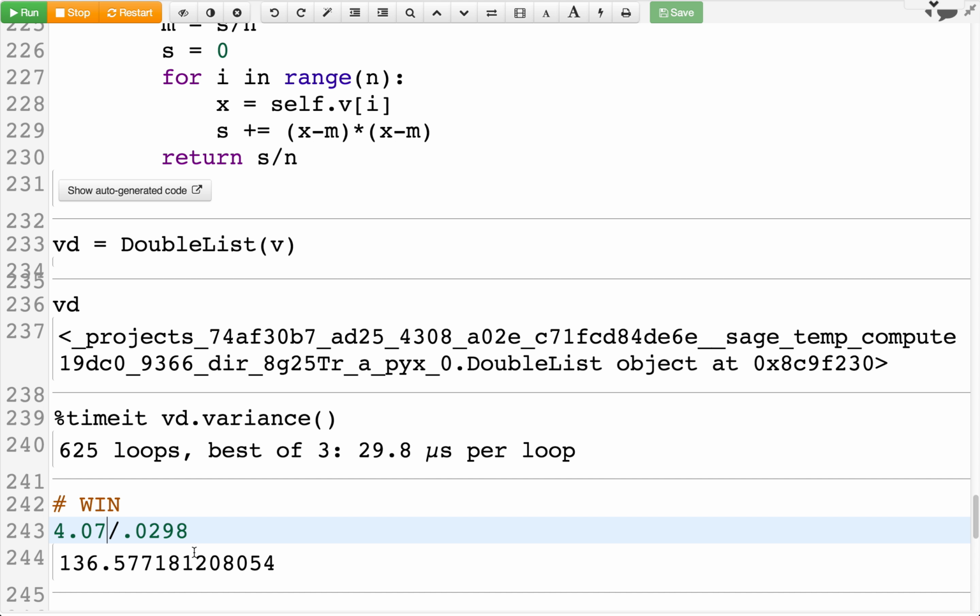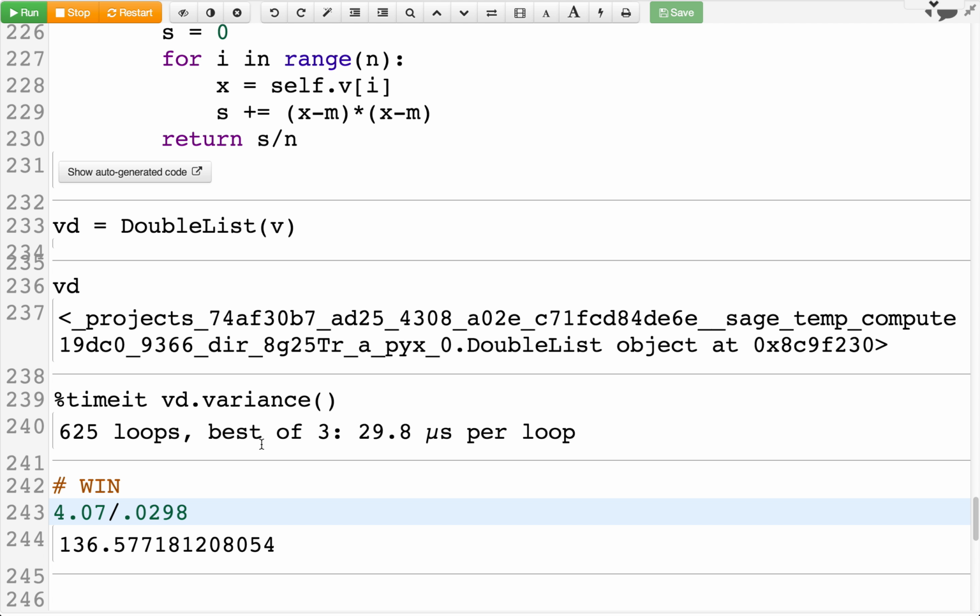If you're just playing around and you just want to do some experiments, you don't have to worry about that at all. But if you're going to write something serious that's supposed to be competitive with code people might write in C, that's absolutely critical. You have to do that in a lot of cases, unfortunately.